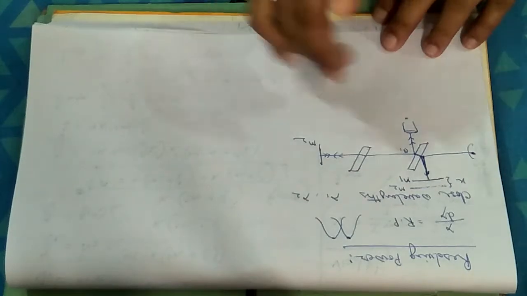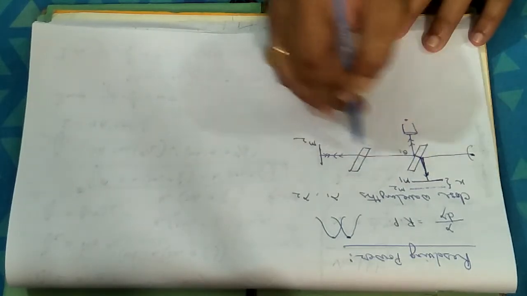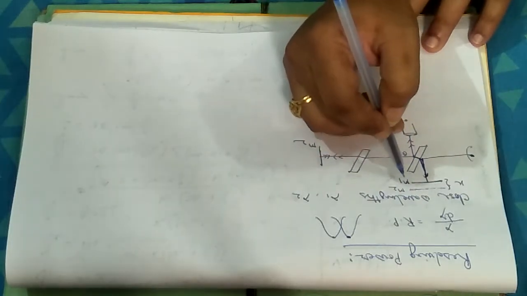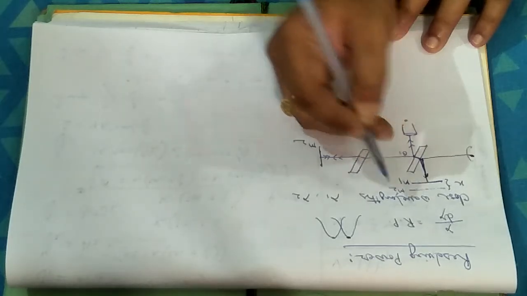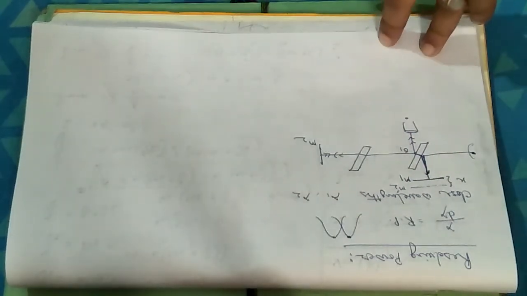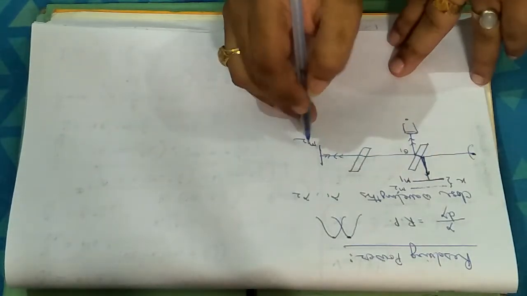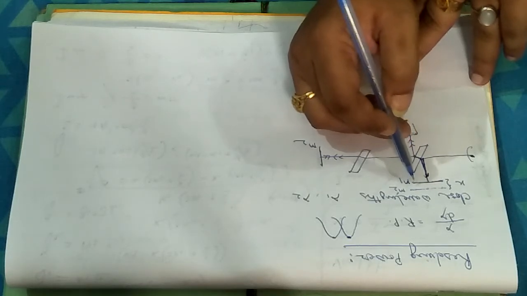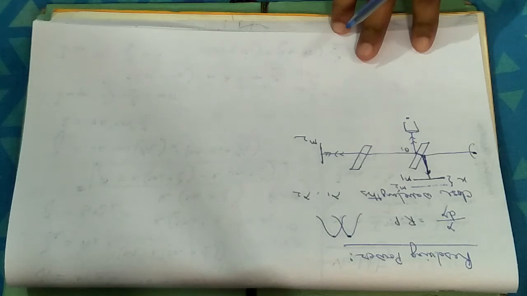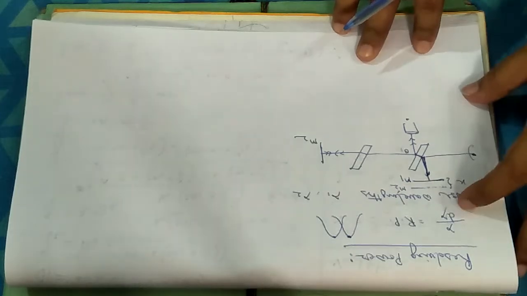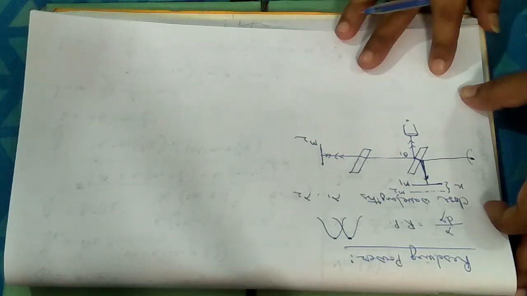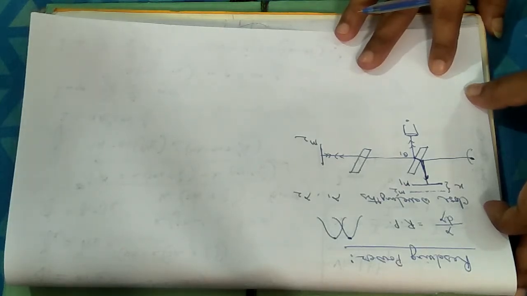We are keeping the M1 mirror fixed and changing the distance of the M2 mirror from the point Q. That will change the separation between M1 and M2, or you can call it M1 prime or M2 prime, because it is the virtual image. If you call it M2 prime, no harm. Changing the position of the M2 mirror, I can change the separation between these two mirrors. Effectively, that will change the path difference traversed by these two rays, and the separation x between them is responsible for the path difference or phase difference.